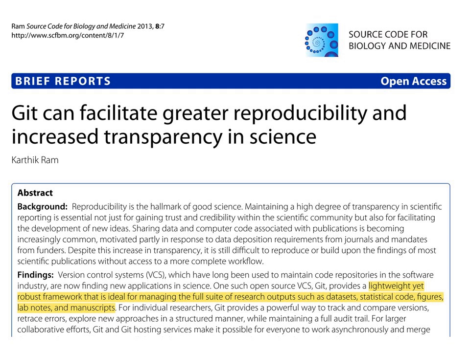So I just found this quite nice paper in the Journal of Source Code for Biology and Medicine, and it's really about how the Git version control system and related hosting sites such as GitHub and GitLab provide a really nice way of not just sharing your software, but a nice framework for actually managing your other information and research data artifacts such as your datasets and your code, figures and so on. And so we're starting to see more people using GitHub, not just for sharing software, but for sharing things like datasets as well.